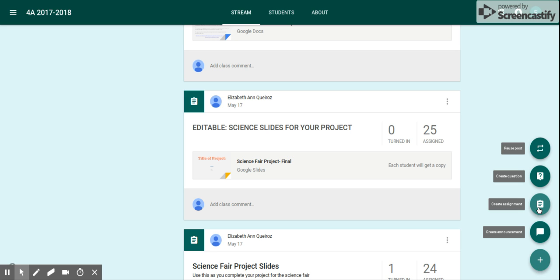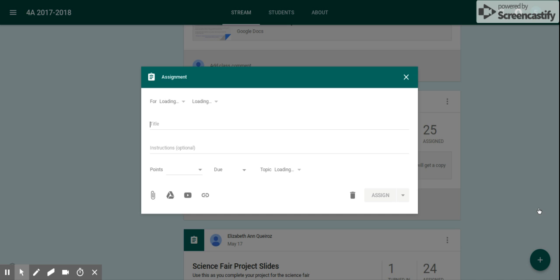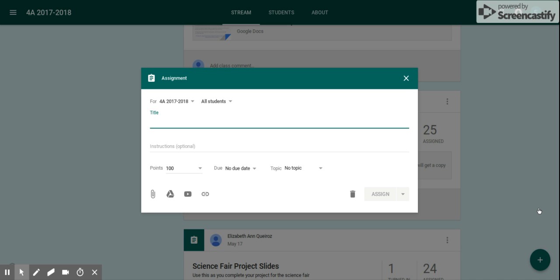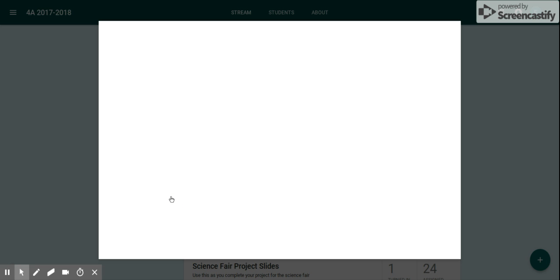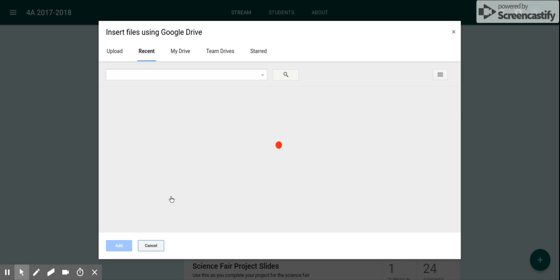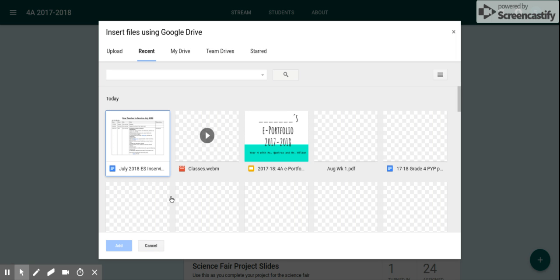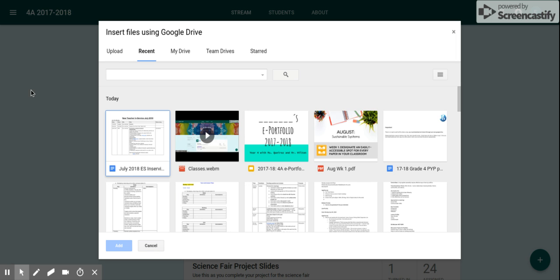So you just click create an assignment with this little plus button, and you can name your assignment whatever you want, and you can link from your Google Drive. So it's going to pop up and there will be your most recent files first. So for today, I'm just going to give you an example using this ePortfolio. So if I click on the ePortfolio and then I'm going to add it,